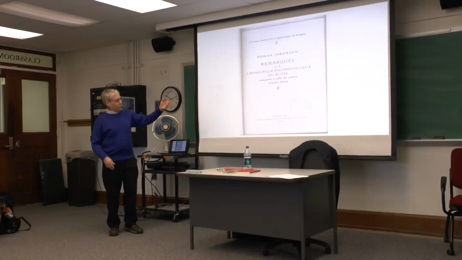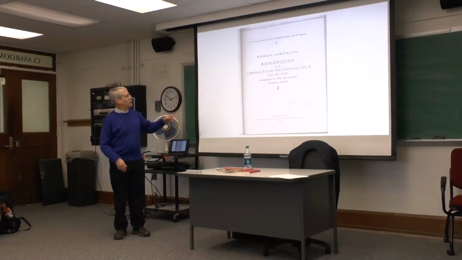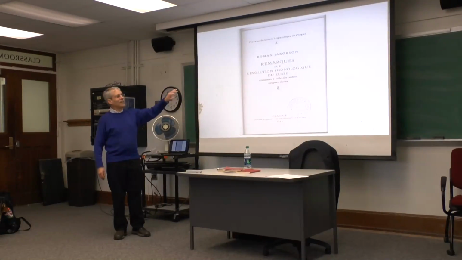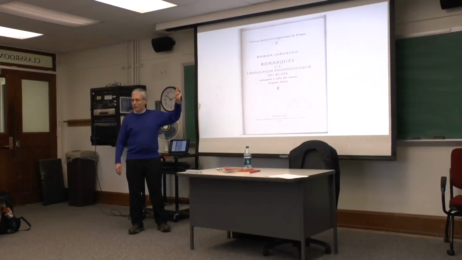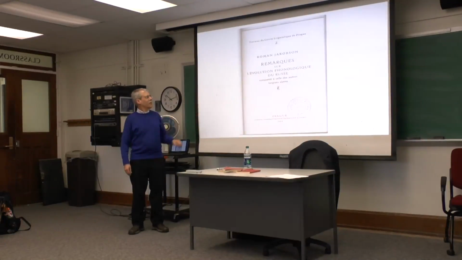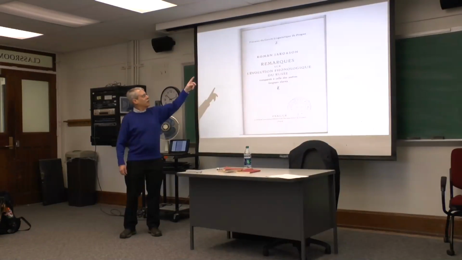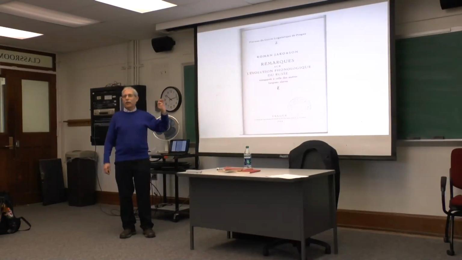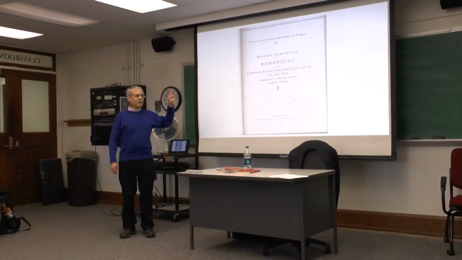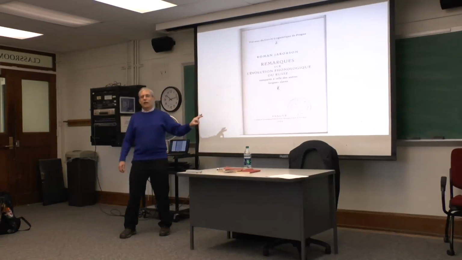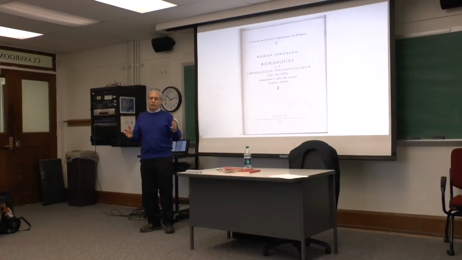This is what the publication looked like. You can see 1929, Prague. There's a lot of interesting things that can be gleaned from this little Xerox of the cover. You can see at the top, Travaux du Cercle Linguistique de Prague. This was the Prague Linguistic Circle. This was one of the very first groups of linguists that was formed for the structural study of language.